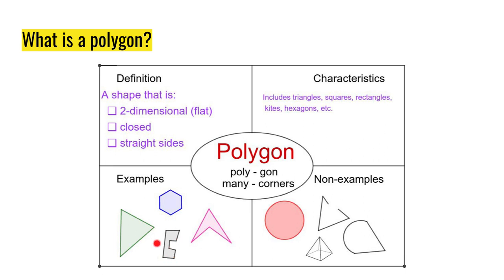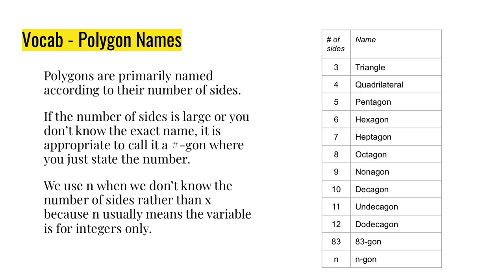Those segments can go in any way, shape, or fashion, but notice that there's nothing ever curved like a circle or even a piece of a circle right here. Everything is straight segments, closed, and two-dimensional. All of the shapes that you're used to hearing about back in elementary school all pretty much count as polygons. Some vocabulary, most of which you are familiar with: triangle, quadrilateral, pentagon, hexagon, octagon